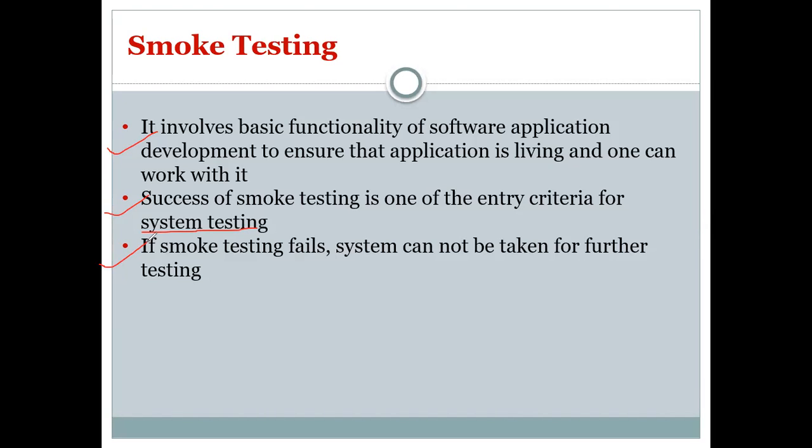If your user is not in a position to work with the software, he will say, no, I'm not at all familiar with this particular software. That means your smoke testing has failed. So if smoke testing itself fails, there is no need to go for further testing like system testing. So this is the first kind of testing, which is the entry criteria for system testing. Getting the concept?